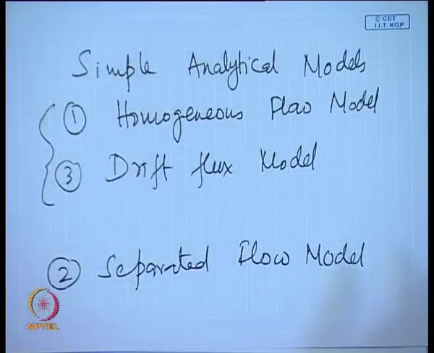And the other extreme, we have stratified flow and annular flow, where the two phases do not mix at all. Definitely if you use, say, the homogeneous flow model for it, you are not going to get very good results. That is quite an expected situation. So, for this particular case we have the separated flow model. Here what we do? We write separate continuity, separate momentum, separate energy equations for the two phases, and we take into account that the two phases interact at the interface.